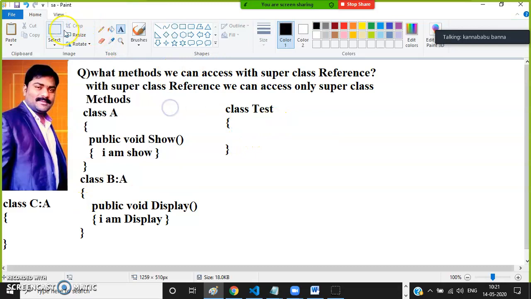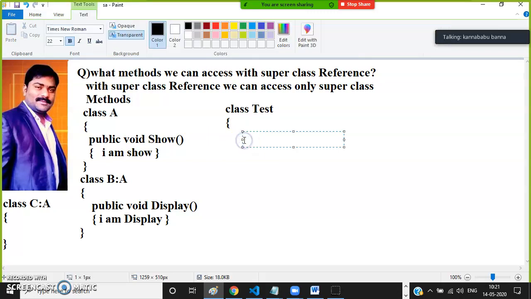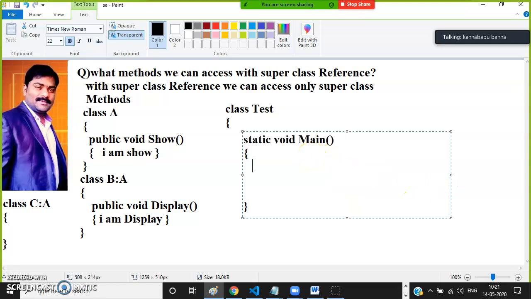Here I have one class, class Test, and here I'll declare the main method, something like static void main, bracket open, bracket close. Are you following? Now here I will create an object for the derived class. 100% the object is for the derived class, no doubt. Now I am creating it manually, but generally the object will be created at runtime.